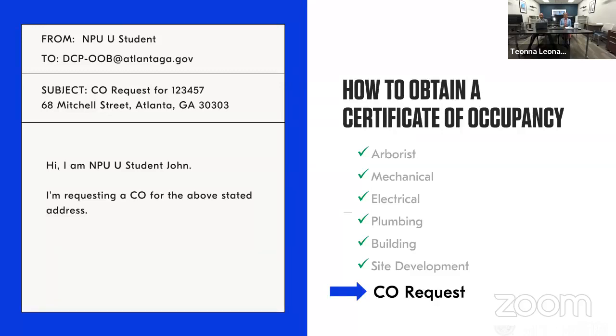The CO requests are all done by email. You cannot request a CO over the counter. COs must be requested via email, because everything that we do is public record, everything that we do is tracked, and the way that we track the COs and CCs issued is through the email address, which is displayed on the screen currently,